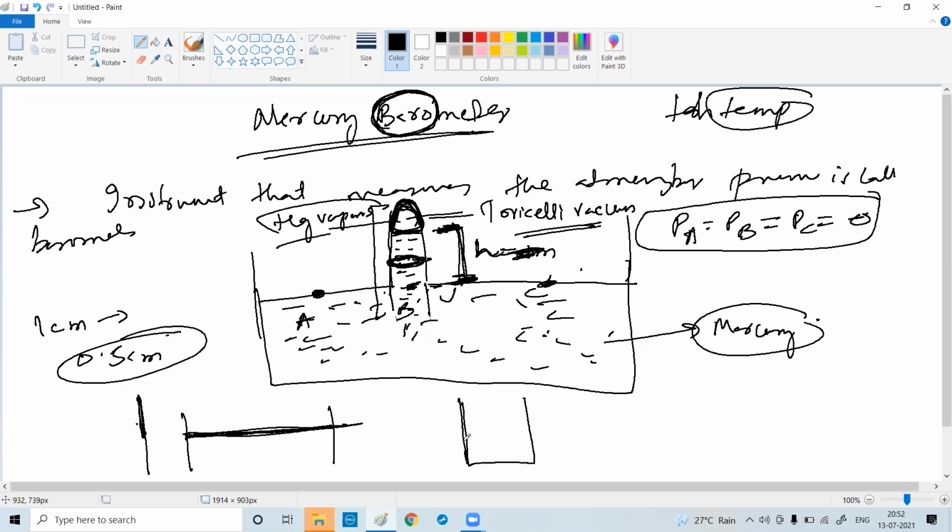You can do an experiment. You take water in a bottle. You make 2 holes, here one hole, here one hole. You will see the water will fall here with much pressure. Here the water will fall like this.